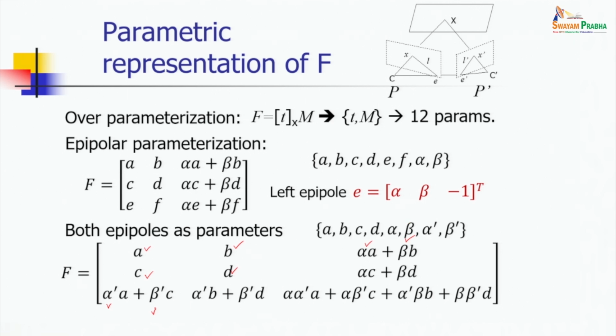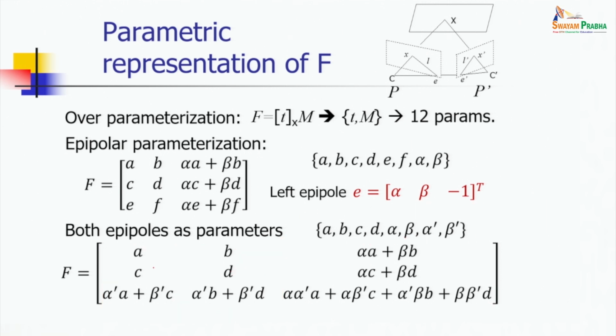8 parameters. And there you can observe that if I multiply this column by alpha and this column by beta, then actually I am getting this third column. So, which means the determinant is 0, and following the same logic, I can say the left epipole is at alpha beta minus 1. Similarly, the other way,